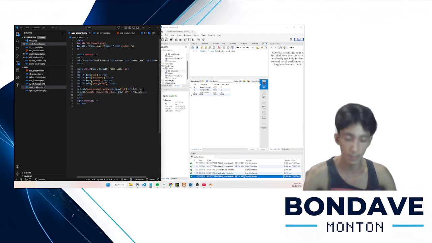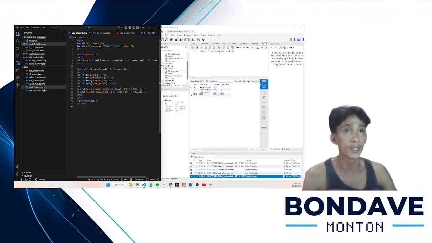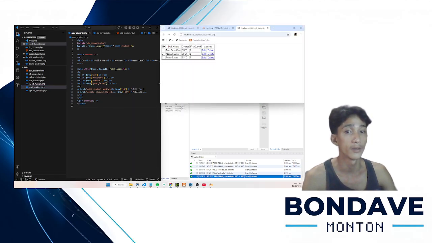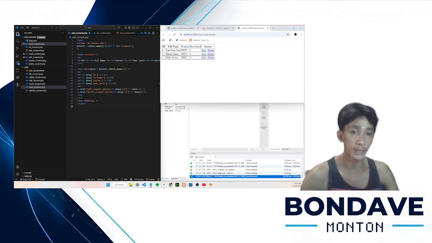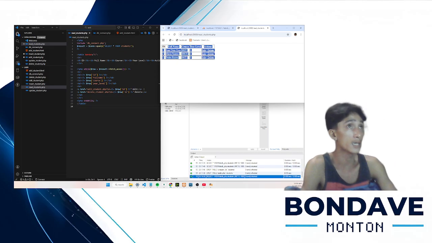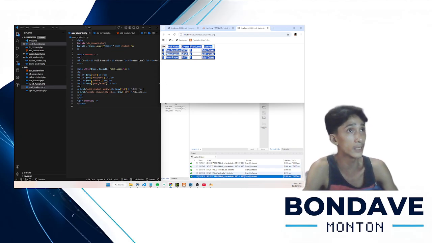Now to test it, we open it in the browser by right clicking and choosing open PHP server, open file in browser. This page shows all students in an HTML table and includes links to edit or delete each record. As you can see here, the table has an action of edit and delete.